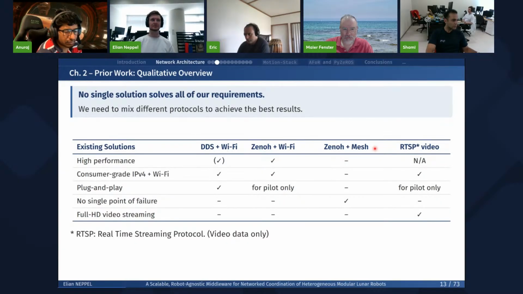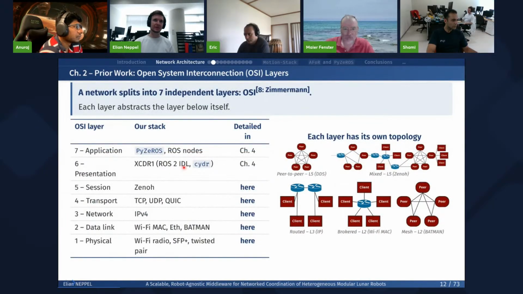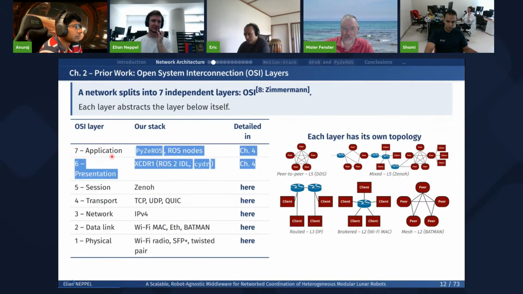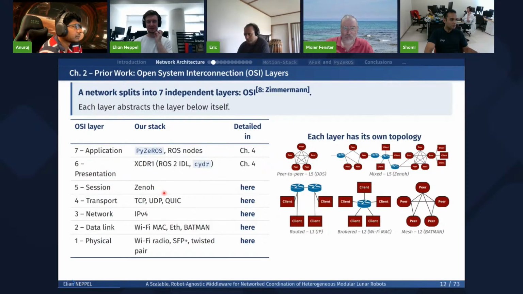Because my understanding is that RTSP basically is at the same level as HTTP. You mentioned the OSI stack. While Zenoh is much lower down the stack, right? Zenoh is here, and RTSP would be somewhere here, at the application layer. So how can we really compare them? Because in theory, and I think also in practice, we can use RTSP over Zenoh. So I'm not sure I understand the comparison.